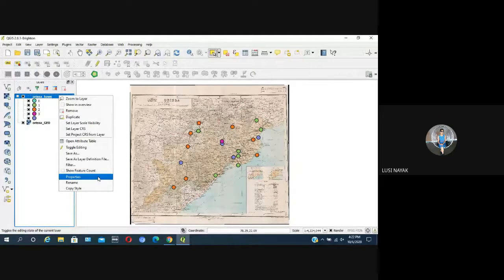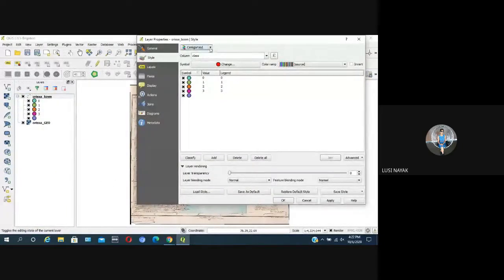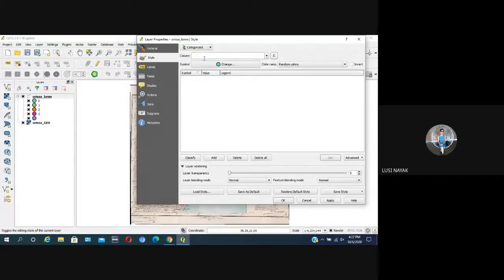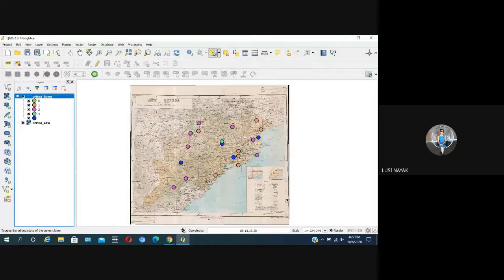Select your vector layer, go to properties, then select categorized, then select your column, the name is class, then classify, then apply. Okay. Is it okay for everybody?